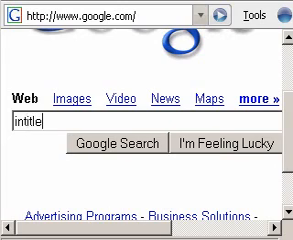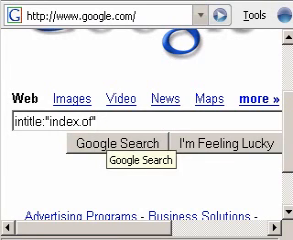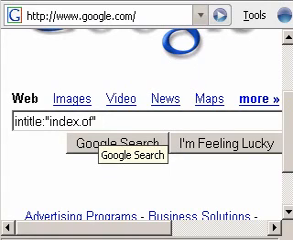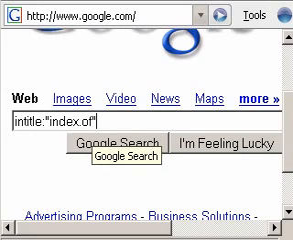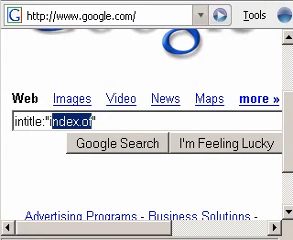So I type in title, colon, and then index of. What that does is it's going to search for directories specifically. Normally directories have the words index of inside them. And what are directories? When I say directories, it means the page doesn't have an index, meaning it's just the files inside the directory listed in order. It can be music files, it can be text files, it doesn't matter, but it doesn't have an index HTML,